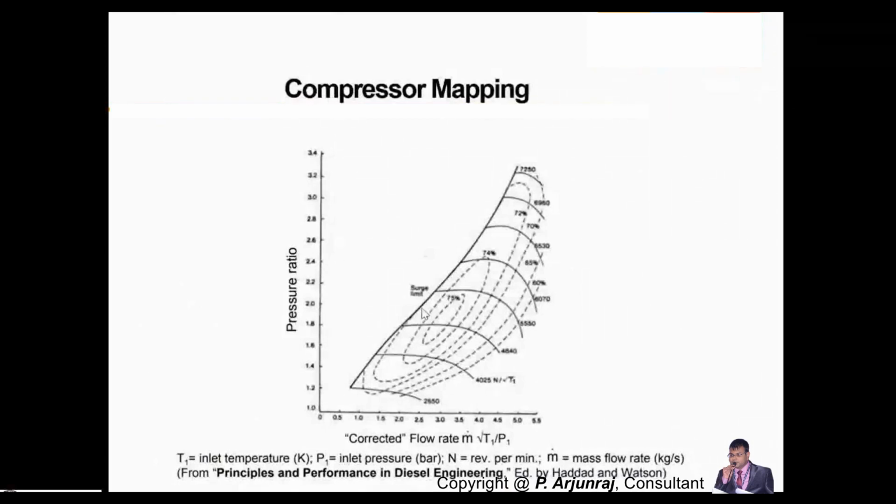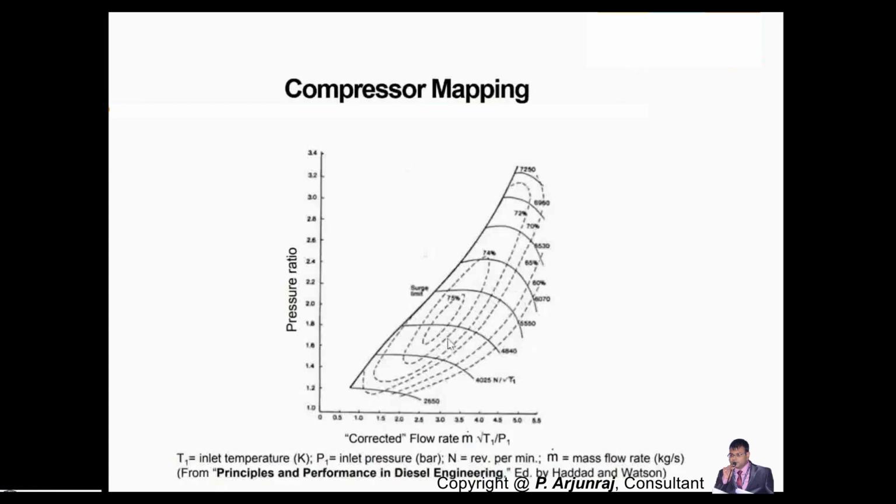I told you the surge limit is the operating zone where you need to select between the surge limit and the choke limit. In between the surge limit and the choke limit, you need to select the efficiency of the compressor and also the RPM at which the turbine needs to